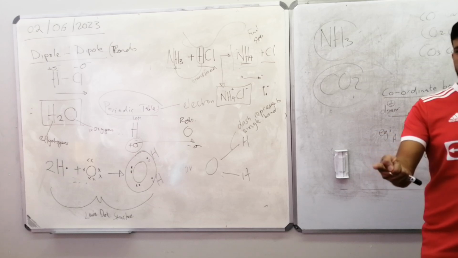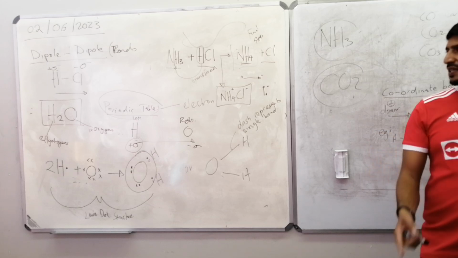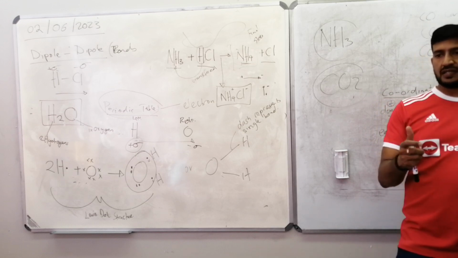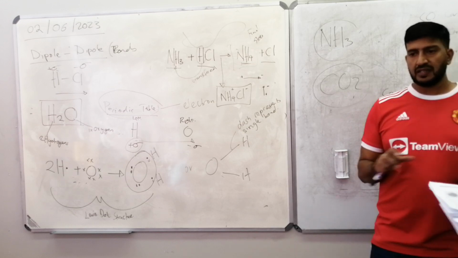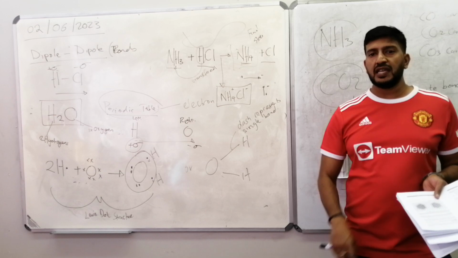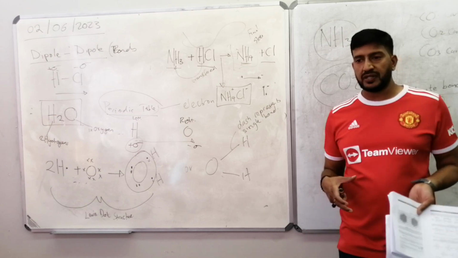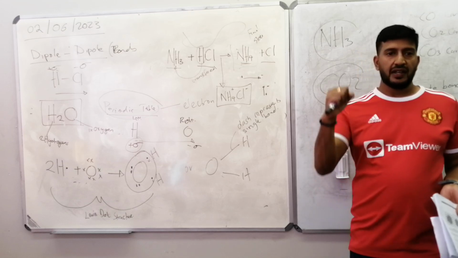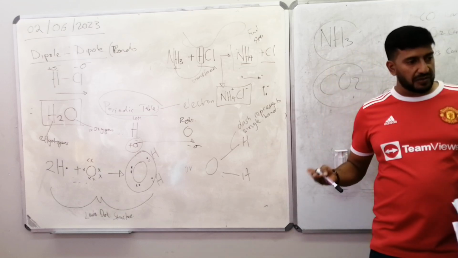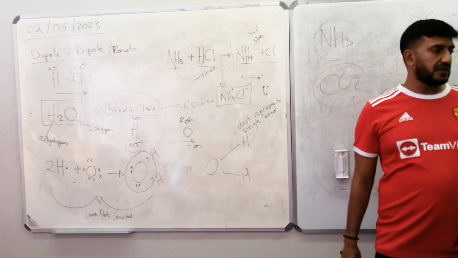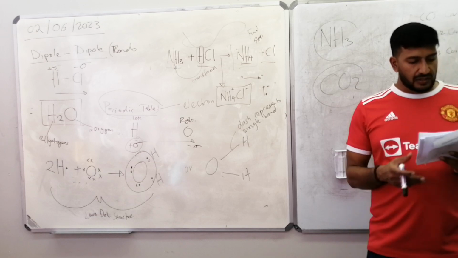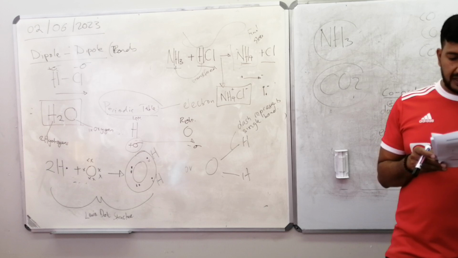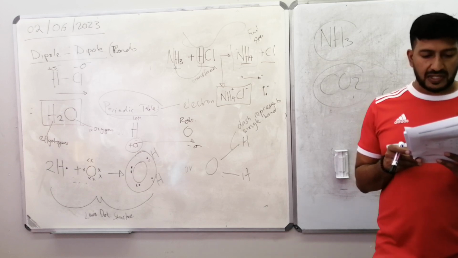Remember, how do we break bonds? Somebody said it the last time. How do we break these bonds? Apply heat. Heat is a form of energy that can break bonds. But when you add heat to a metallic bond, it doesn't break as easily. You need to add high amounts of energy, so it means very hot, right?